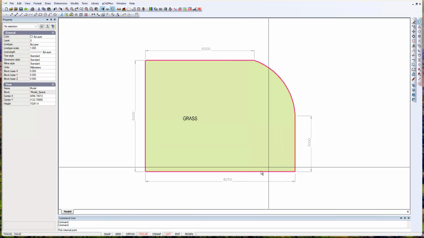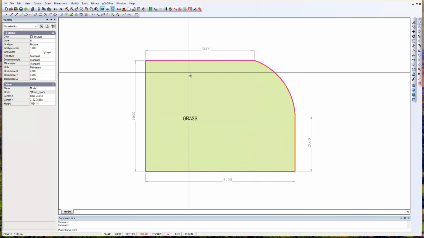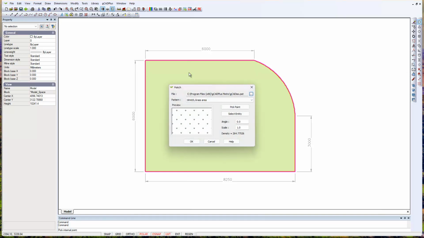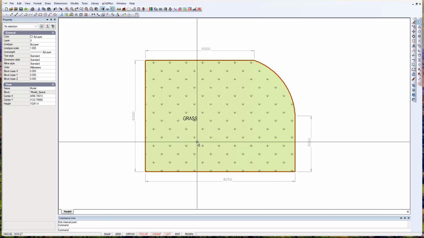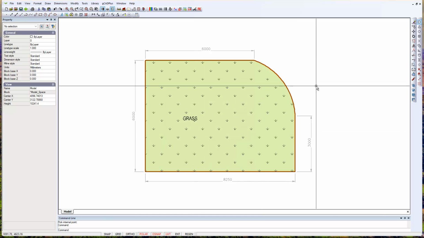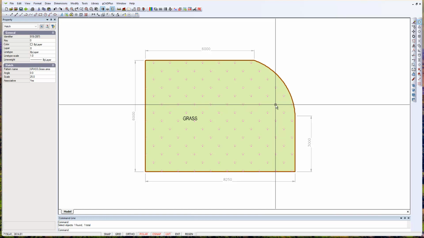You might just be able to see that the outline of the polyline has changed color. So I'll hit enter, and again I've got to set that scale appropriately, 25, and we'll OK. And we get essentially the same result,